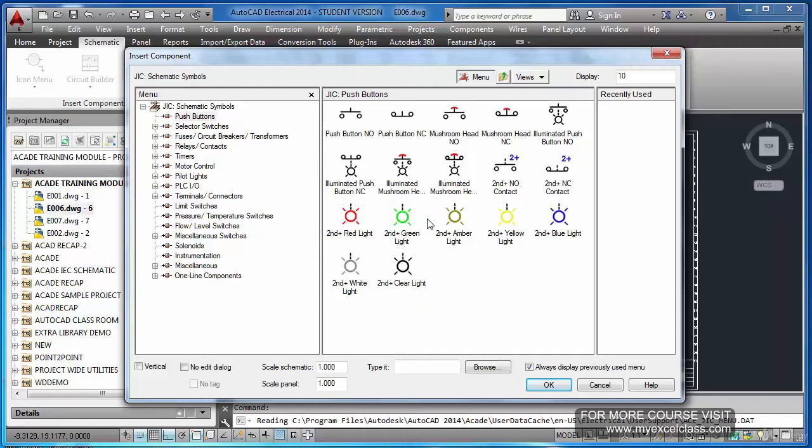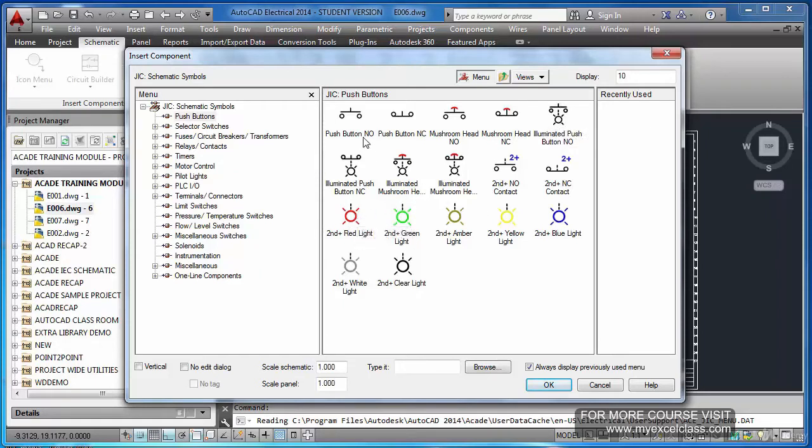These are the indication lights. Suppose you are putting an illuminated push button, that must have one input, that is the push button contact, and one output, that is for this light. So you can utilize both the push button and light.